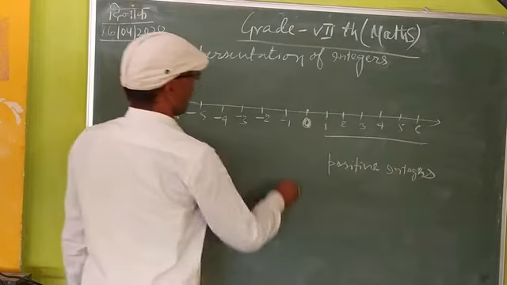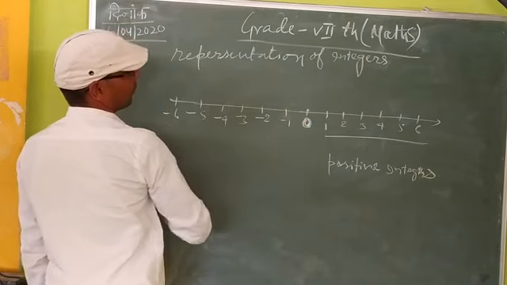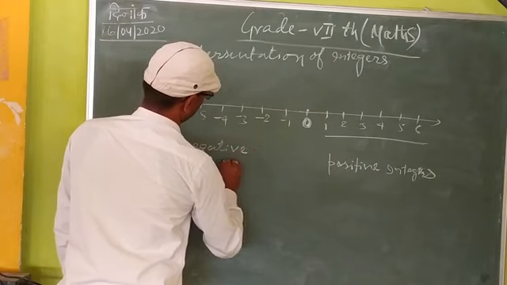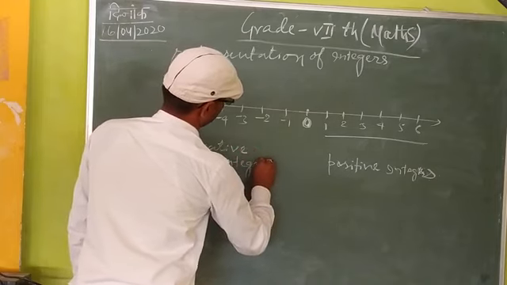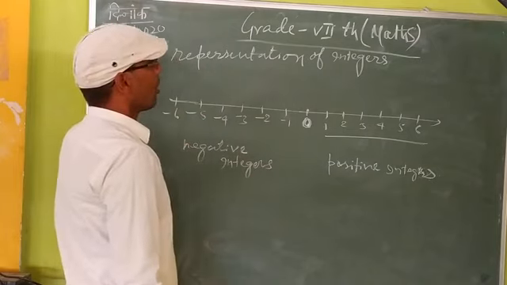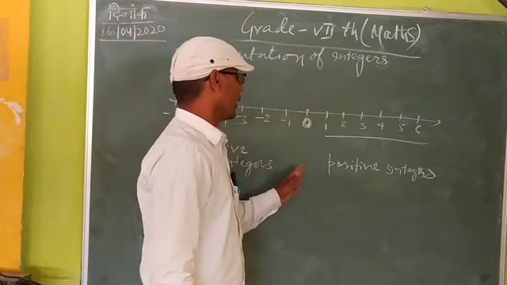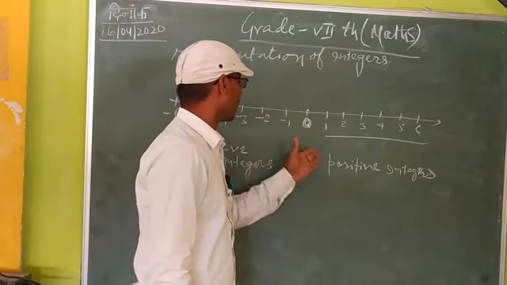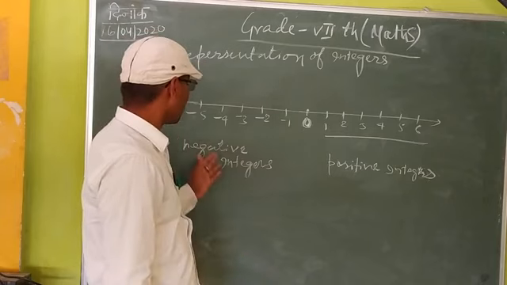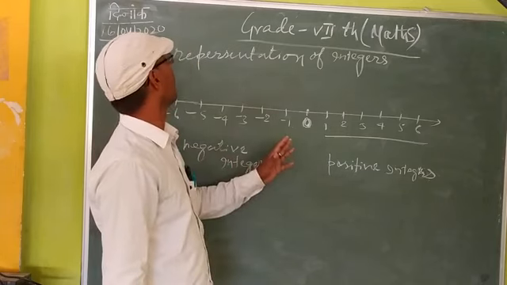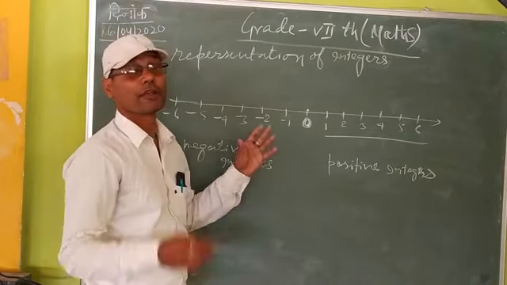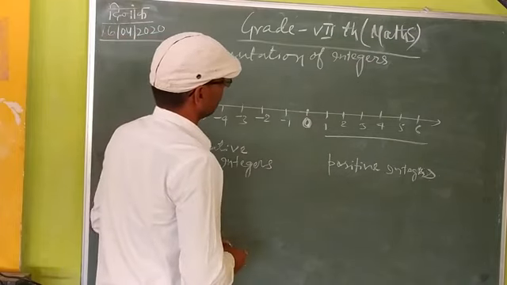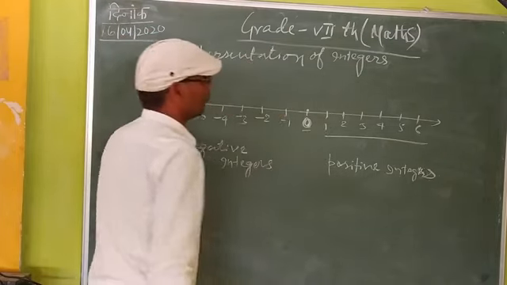Yes. And to the left of 0, these are negative integers. What are you looking at here? All natural numbers, whole numbers, and negative numbers are in the category of integers. This is the set of integers. Here 0 is neither a positive nor a negative integer,